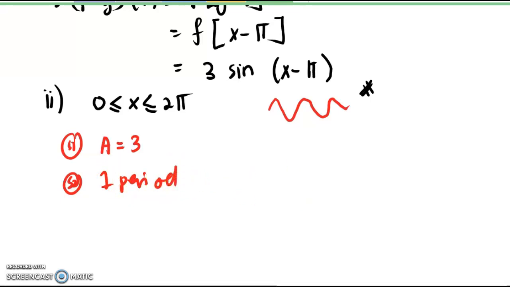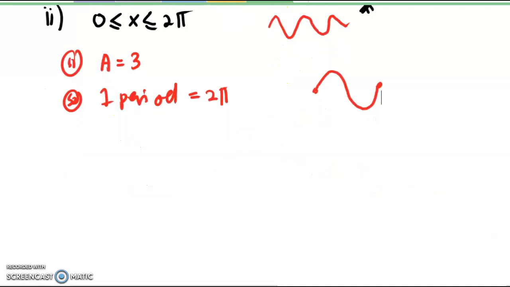Period kita akan tengok dekat x ni. Disebabkan dia adalah 1x, so 1 period for sine will be 2 pi. Maksud 1 period ni adalah dia punya satu pusingan. Macam ni. Kalau sine biasa, yang ini maksudnya jarak sini sehingga sini adalah 2 pi. Disebabkan kita punya range ini, domain kita dari 0 sampai 2 pi. Kalau ikutkan starting point kita yang asal adalah,